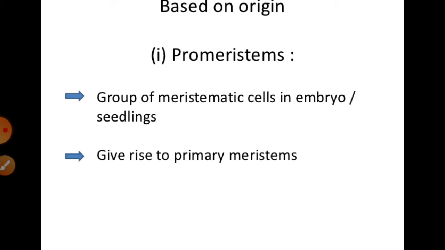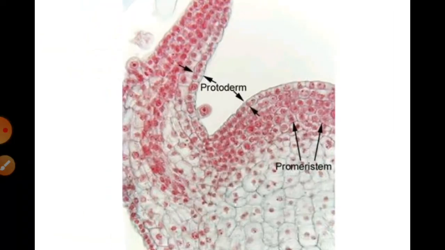Means generally they are capable of the development of the epidermis of any plant. Means they are always found there. And then the procambium: it develops into the primary vascular tissues. Means before the xylem and phloem are completely developed, a procambium develops first, and it is always helpful for the vascular tissues.